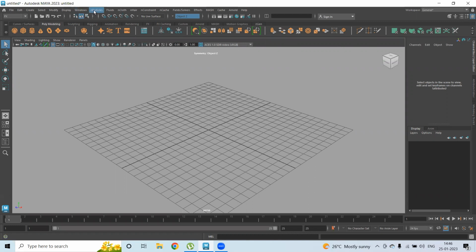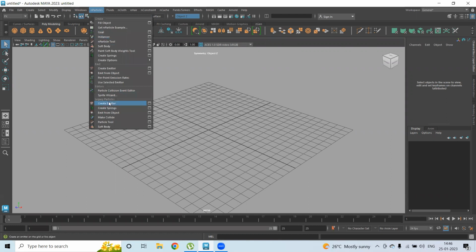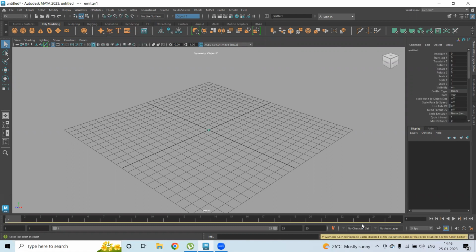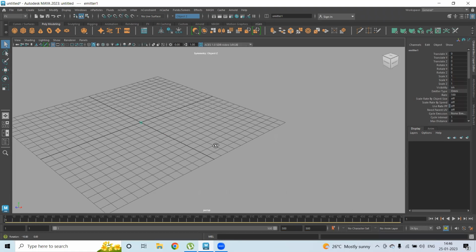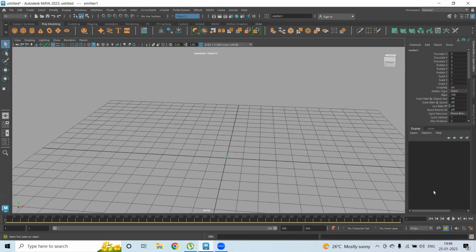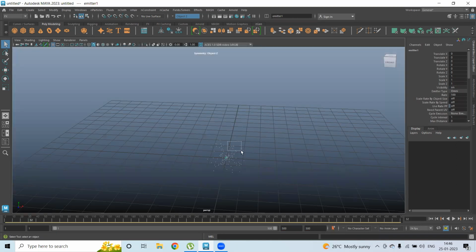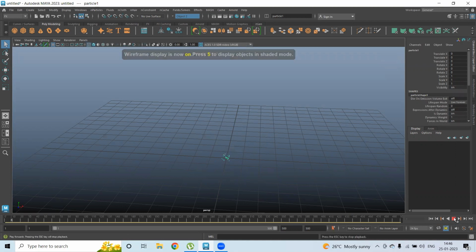Okay, I'll show another example wherein I create an emitter, and as you see, there are particles which are emitting if you just see. Okay, so what I want is